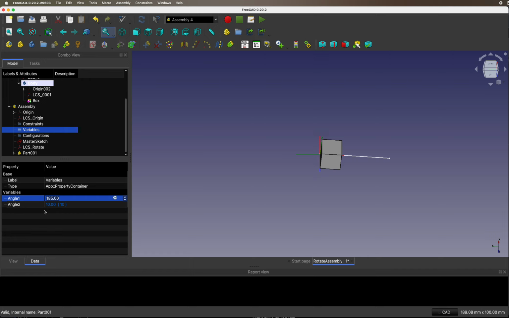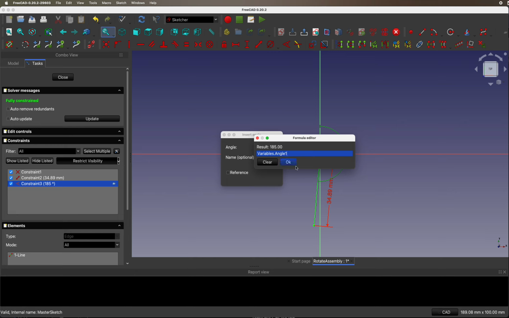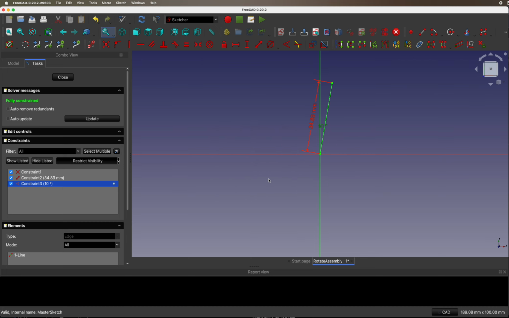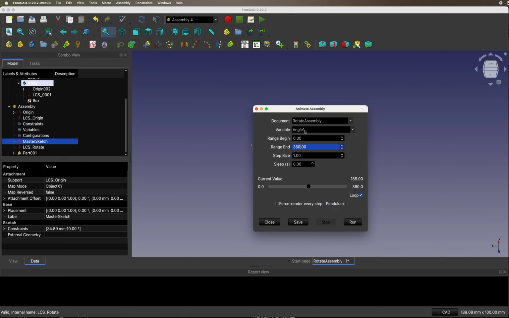So say it's angle 2 and you can say it's an expression, it's not a float. And we go to Master Sketch and we change this to make it listen to angle 2. Angle 2, okay, see, it accepts it just fine, it doesn't care, sets it to the right angle there, and when you run it now and you change it to angle 2,